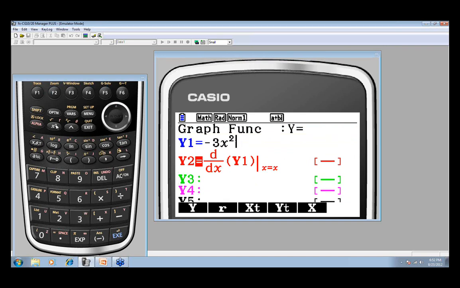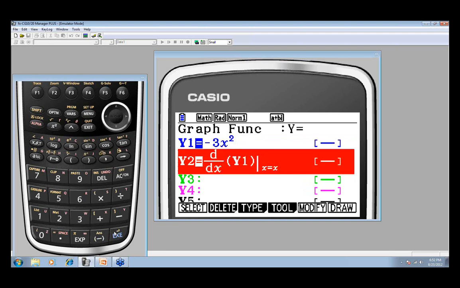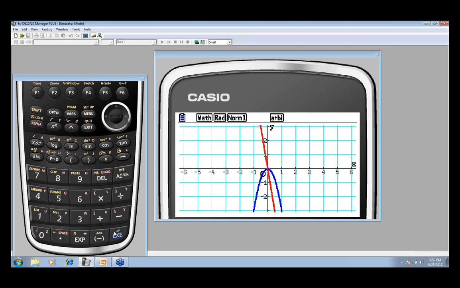-3x squared is a little different because it's negative in value. We know that's a parabola that's stretched vertically, and it's going downward. Notice the difference in my derivative graph this time. The parabola was increasing. It had positive slopes on the left, so my derivative is positive in value on the left. Right here where you had a horizontal tangent with a slope of 0, the derivative graph is 0. Where the slopes of the tangent line would be negative, the derivative value is negative.